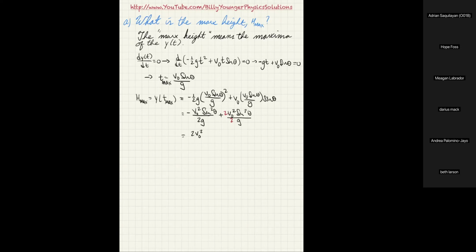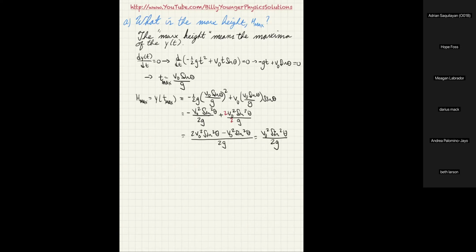The one with the 2 in front of it is positive, so I'm going to write it first. So it'll be 2v0 squared sine squared theta minus v0 squared sine squared theta. They both have the same denominator now, so that's why I just wrote them as one big fraction. That'll be 2g in the bottom. 2v0 squared sine squared theta minus v0 squared sine squared theta is just going to be v0 squared sine squared theta